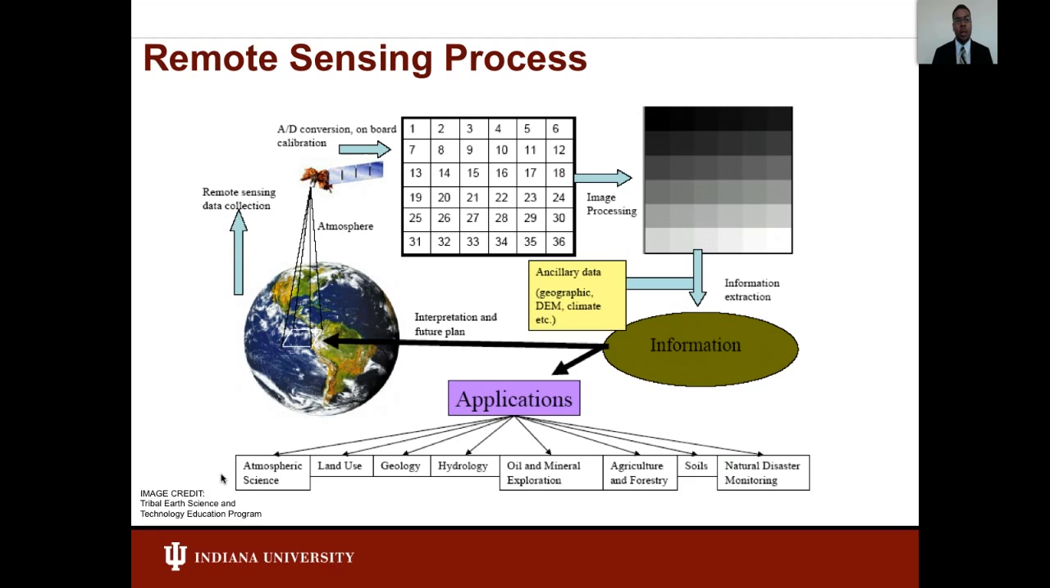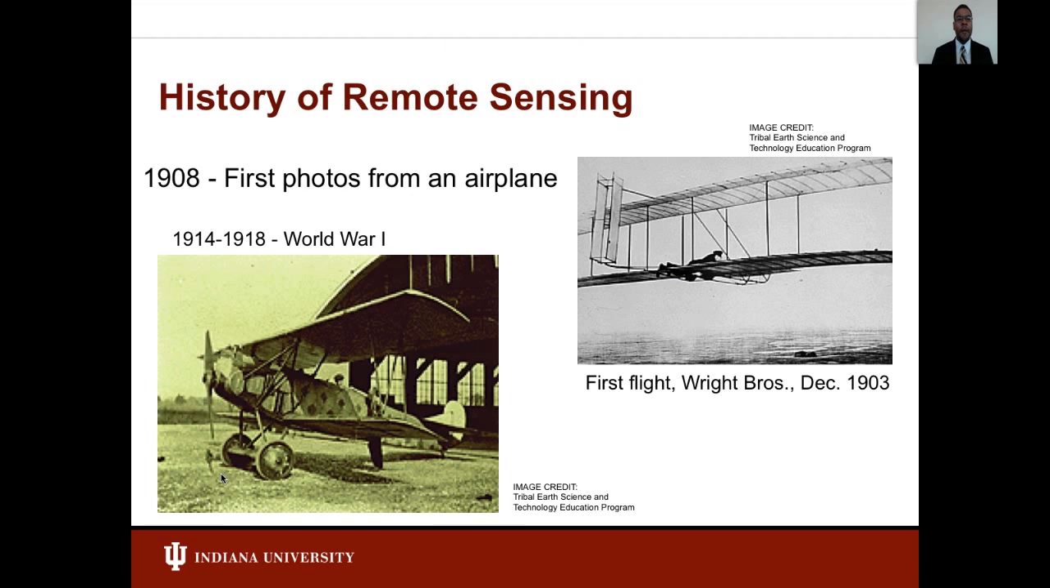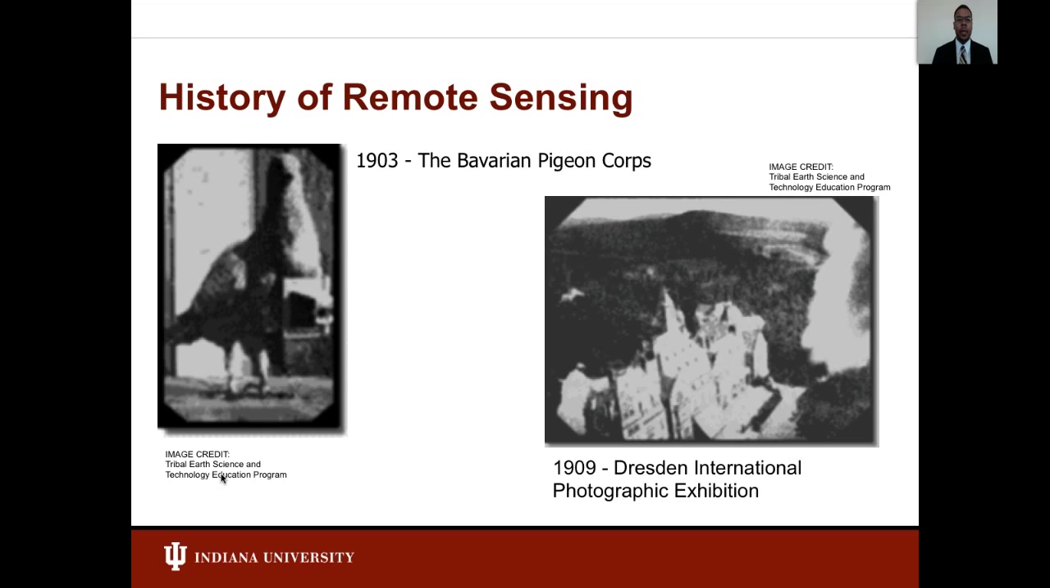global climate change. To give a historical perspective on the use of remote sensing, the first photos from a plane were taken in 1908 and used during World War I for enemy surveys. The war improved the camera quality and photos were taken at 15,000 feet. Other historical examples of remote sensing include the 1903 Bavarian Pigeon Corps,